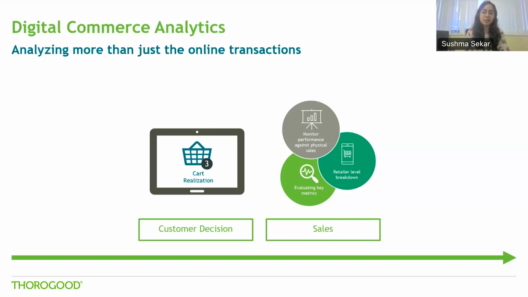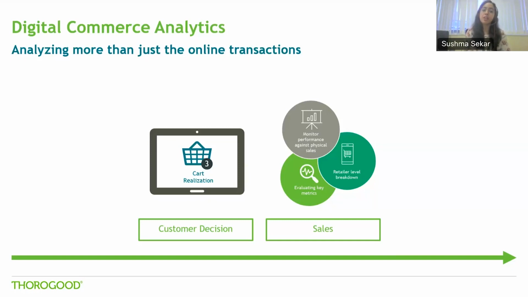With physical sales this is not easily possible. You have no idea whether or not someone had a product in their cart before actually buying it, unless you go around following people around the supermarket. So the second part of the demo will focus on this customer decision making aspect.